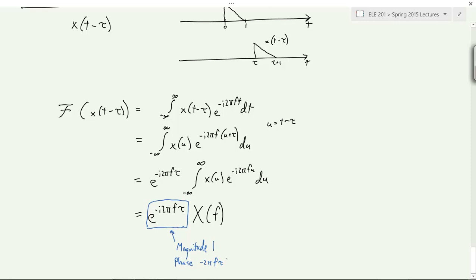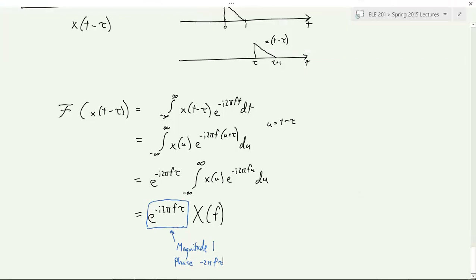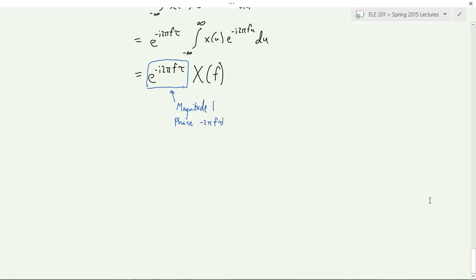What this means is you have not changed the magnitude. The magnitude doesn't change. And the phase becomes whatever the phase was of X of f,